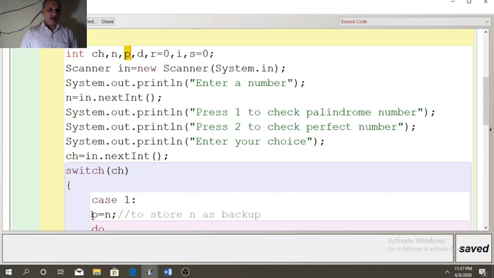Here you can see I have mentioned p equal to n in the program code to store n as backup. Because when we use while or do while loop to extract the digits, value of n will become 0. So we have to compare the reverse number with original number. That is why backup of n is stored in p.